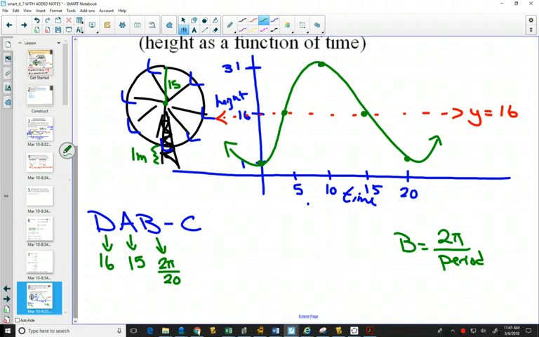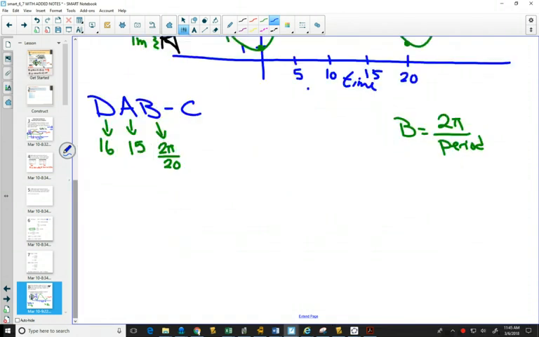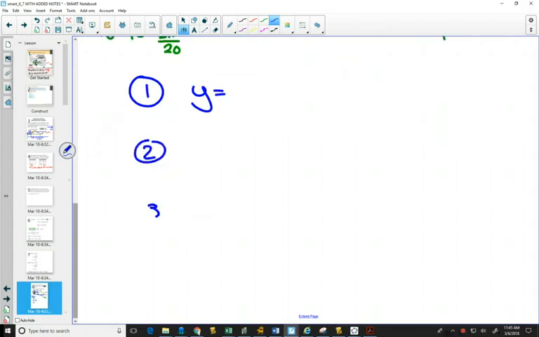Now, when writing an equation for this, you have lots of options. We're going to write 4 different equations for this. We can write sine and cosine, and we're going to write a negative sine graph and a negative cosine graph. The only thing that differs between different types of sine graphs, cosine graphs, negative sine graphs, and negative cosine graphs is where the point starts. A sine graph, if we start with our sine graph, well, I'm going to start with all of them actually, just to show you something important.